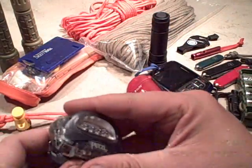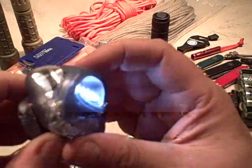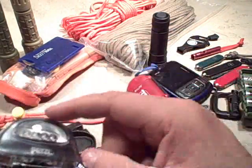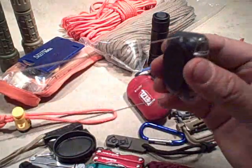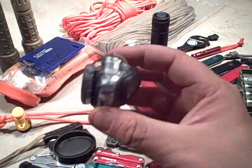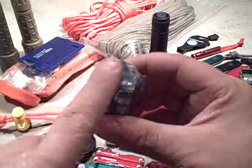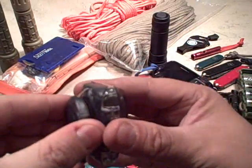Along the line of lights, we've got these Petzl. This is a Zipka, so it's a couple of options. It's the same kind of thing: high beam, low beam, and then a signal. But there's no strap. Like a lot of headlamps have an elastic strap that just gets annoying, gets all stretched out of shape. This uses sort of a